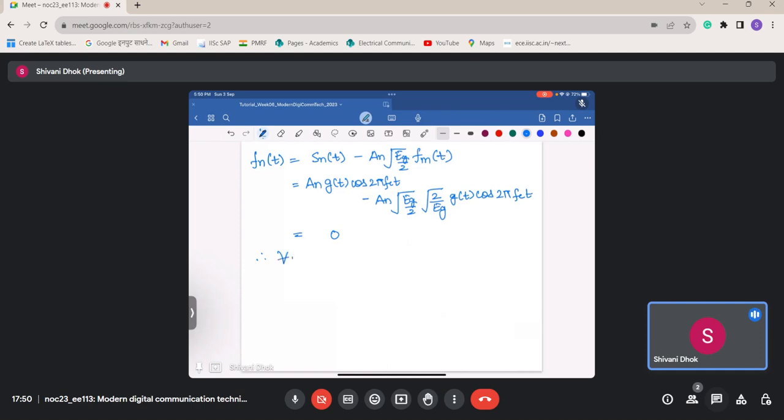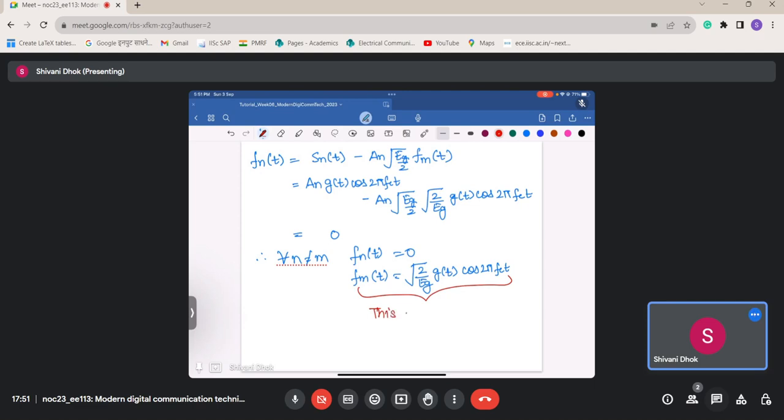Therefore, for all n not equal to m, f_n(t) is equal to 0, and we have f_m(t) equal to sqrt(2/E_g) g(t) cos 2πf_ct, and